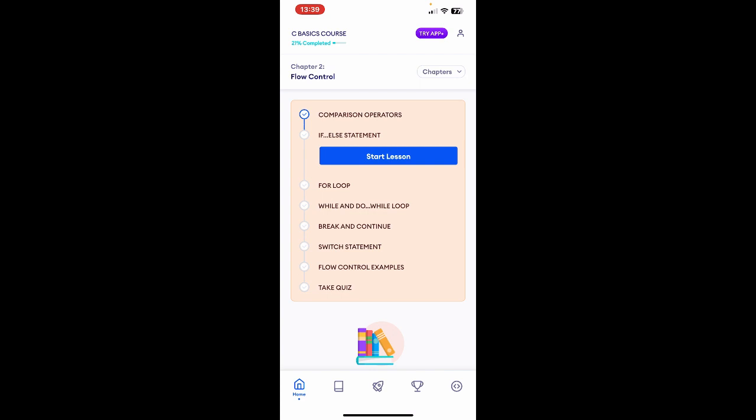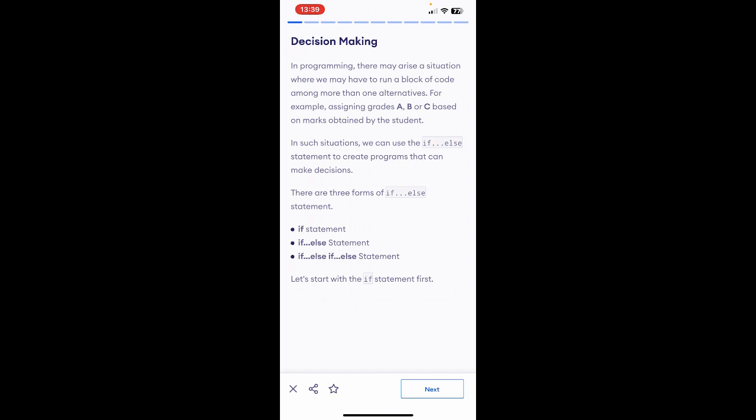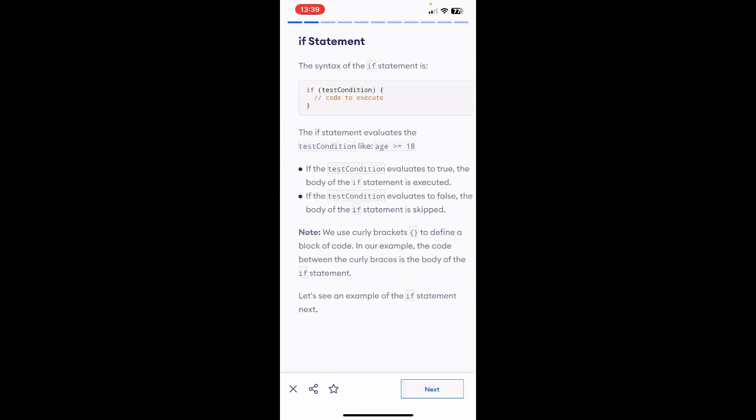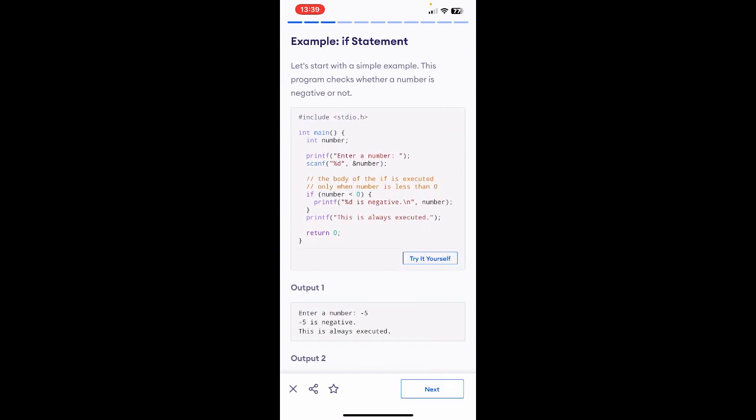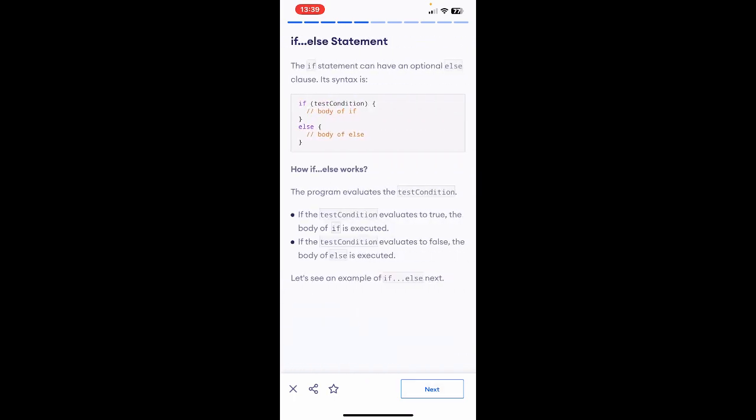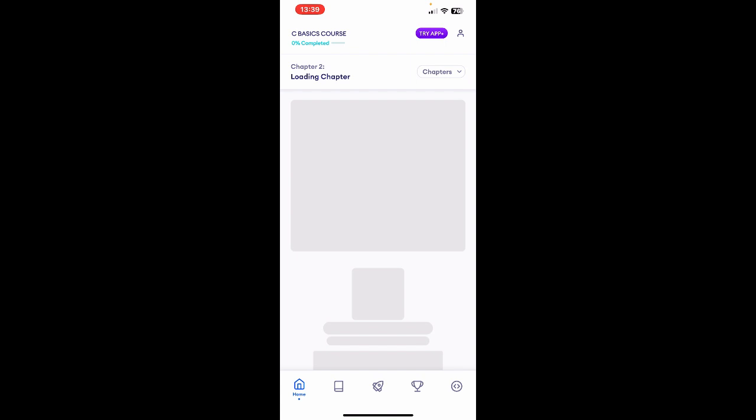Okay, let's say our next lesson now is if else statement. So we'll go ahead and start lesson. As you can see, it is very, very easy to understand, very short, brief, and very understandable. Then at the end of each course,